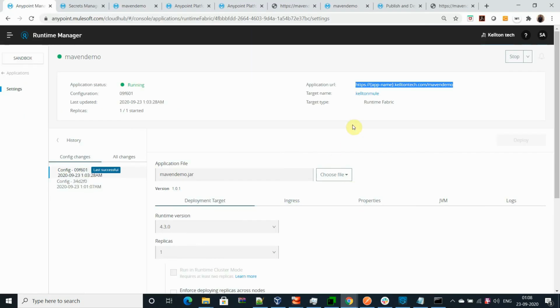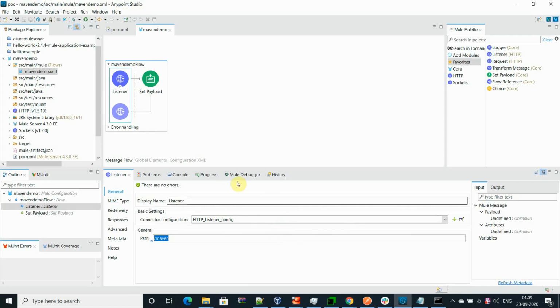Okay, wait for some moment. Printing the Maven HTTPS. Yeah, now you can see it's working.